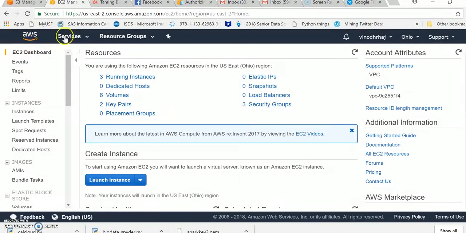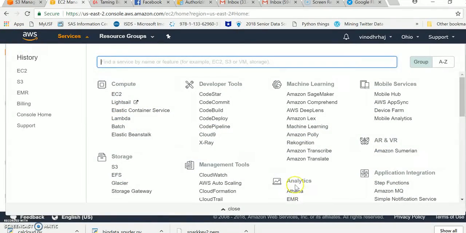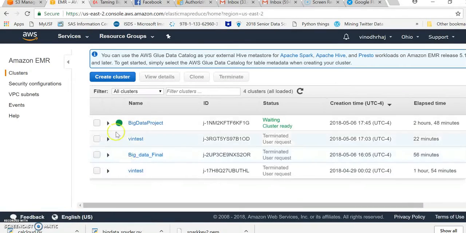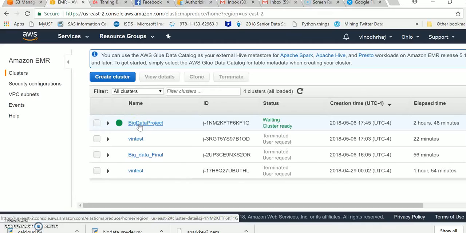I can go to this in the EMR. If you see here, we have created several clusters as part of this assignment's implementation. This is the working cluster which we finally created to run this part of the code.